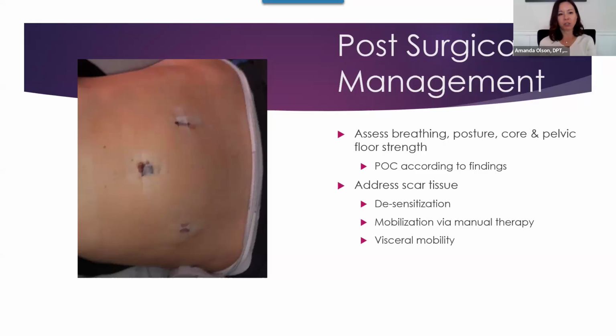Oftentimes, post-surgically, the patient will adapt a very shallow, high in the chest respiratory pattern that can persist after surgery because it kind of becomes a habit as they're healing. And so we want to make sure that they do regain and retain good rib cage expansion and that the abdominals are getting some excursion there so that they get good fresh blood flow to the area and that they are getting resumption of good motor control of those abdominals. So we want to assess their breathing, their posture, pain, and then work with them to help improve mobility of